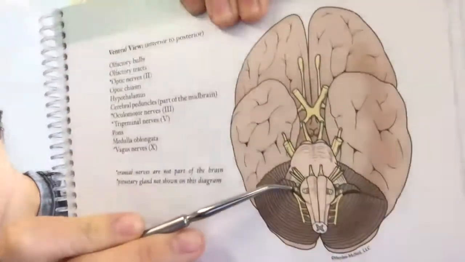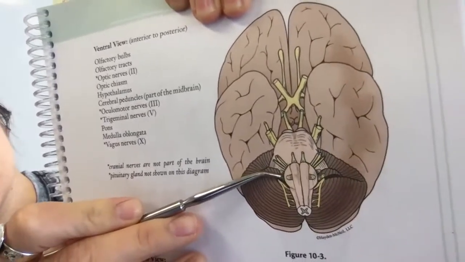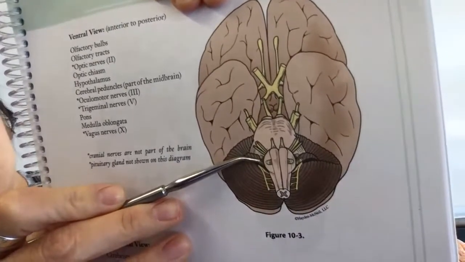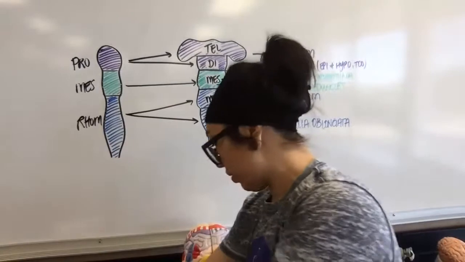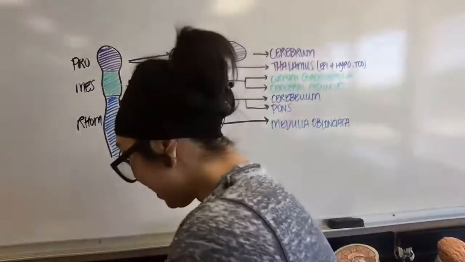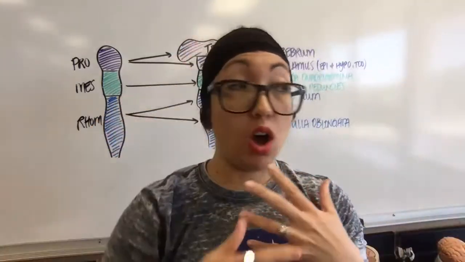So it's this one right here. Of the 2 that are here, it's the lower one. That is cranial nerve 10, or the vagus nerve. And the vagus nerve is a cool nerve. It is called the wandering nerve because it starts there in the brain and it innervates all sorts of things